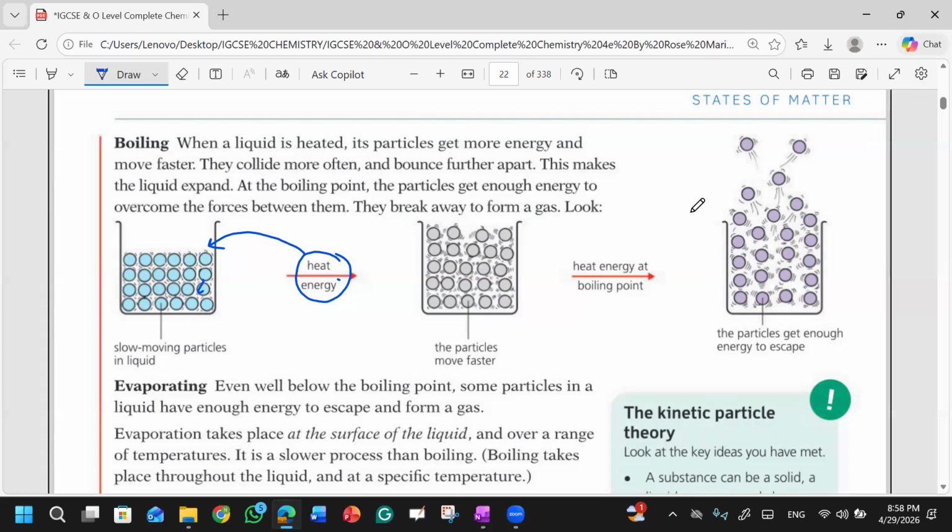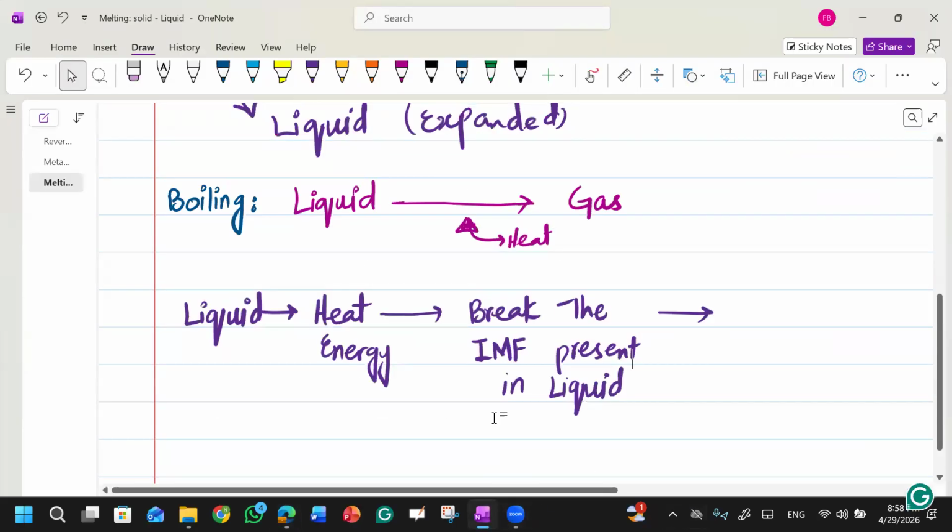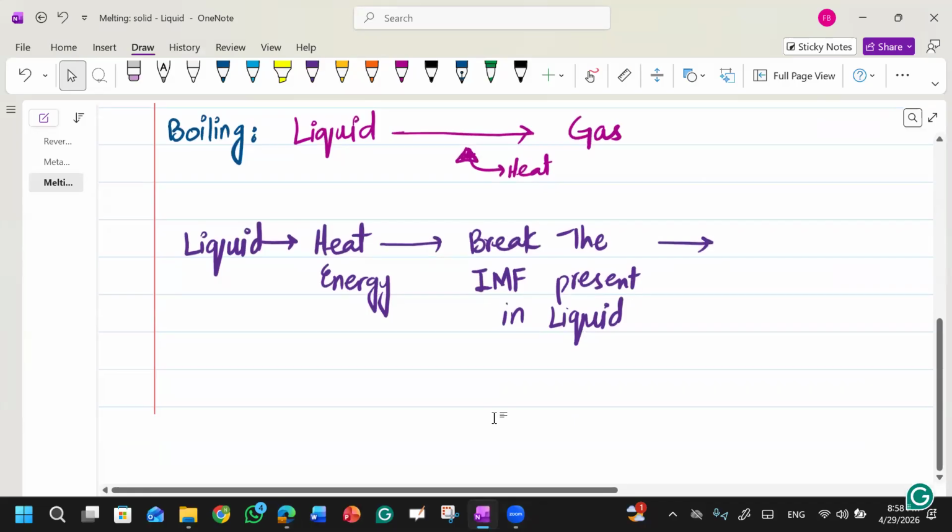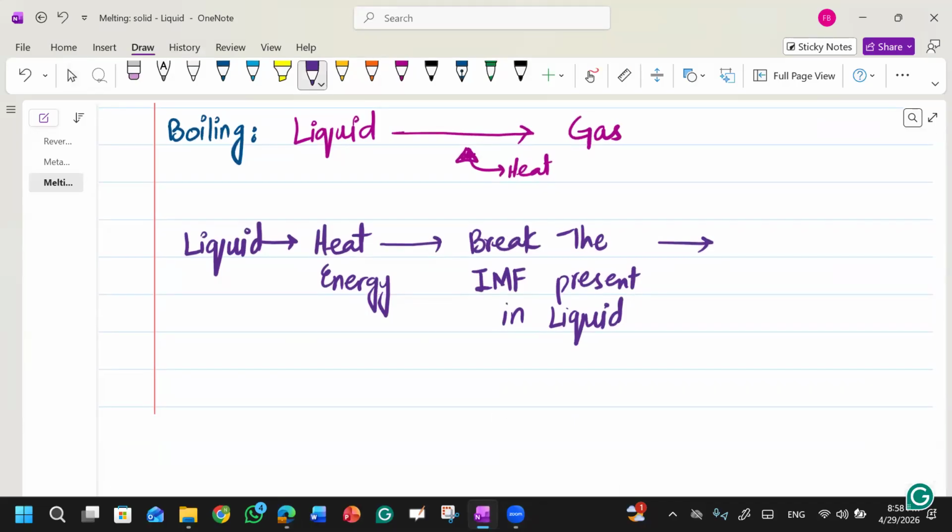It's where they use heat energy on the liquid, and then the intermolecular forces, it expands. I forgot the rest. After it expands, when you are providing the heat energy to the liquid, this heat energy will